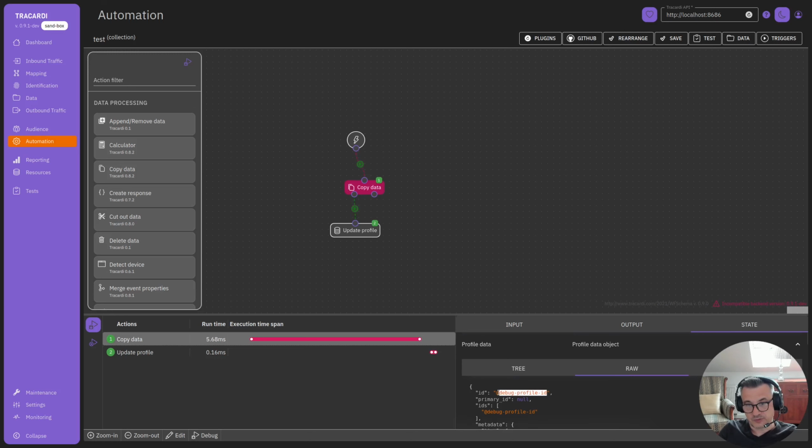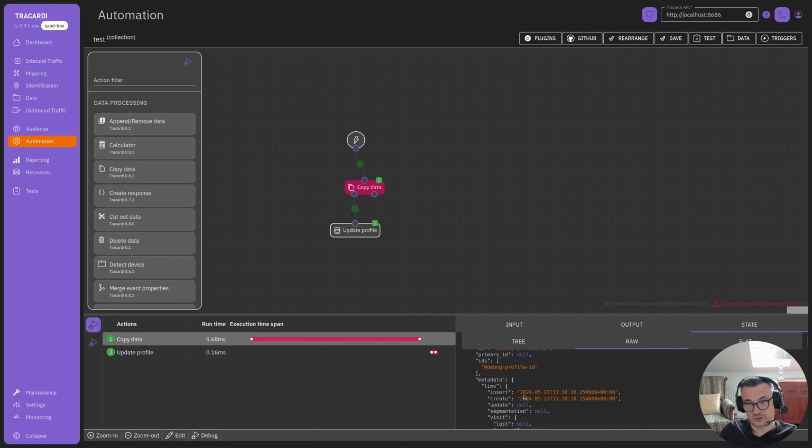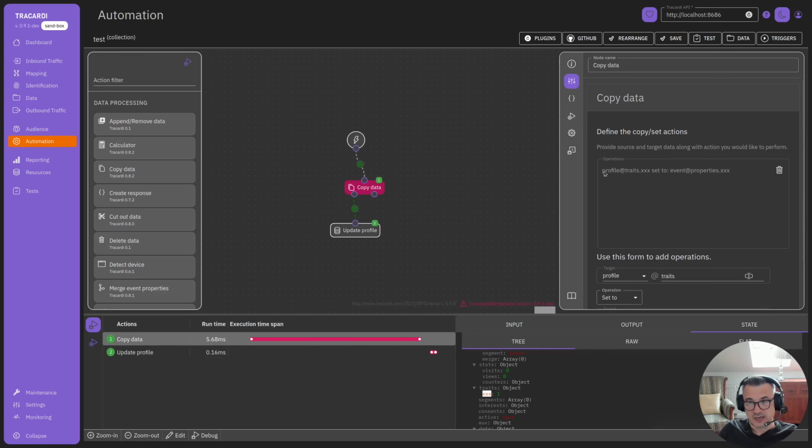But the profile is artificial. It's not the real profile. It was created for the purpose of executing this debug mode, and the profile is basically empty. You can see that there is also one value. This is this traits XXX because I've configured this node to copy the data from the event properties XXX to